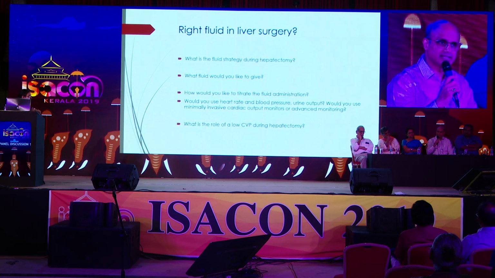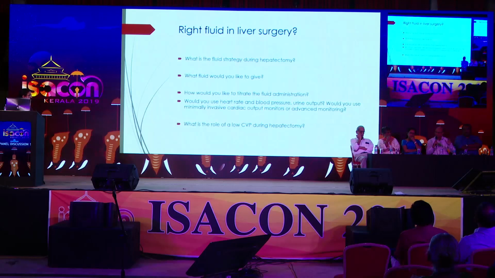The second thing you need to watch out for is the temperature. We would put in a temperature probe, continuously monitor temperature, and make sure there is no hypothermia. The third thing you need to watch out for is the blood sugar. Blood sugar and temperature must be actively monitored in such patients, because there can be issues and they are independent predictors of outcome of the abdominal surgeries whichever we perform.